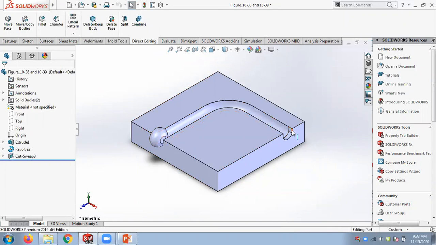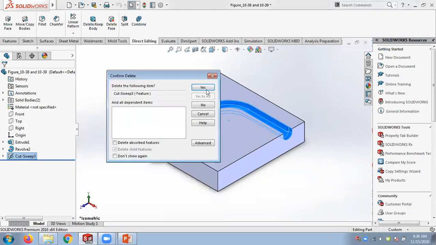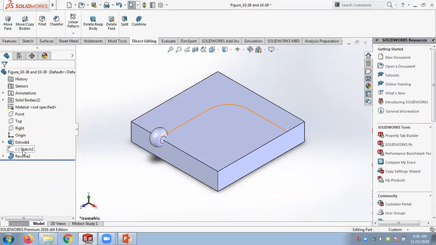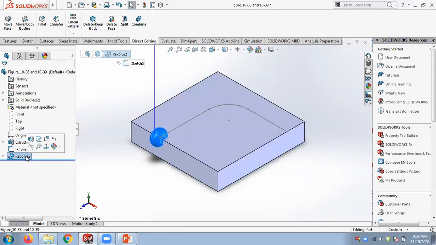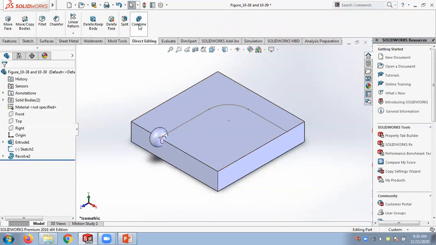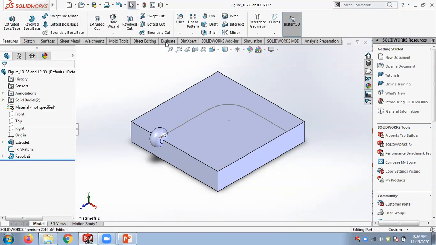So this may be the sweep cut. They have applied the cut sweep and we'll delete that. So this is the situation right now. So I can unhide this part. So this is the situation. So you have the extruded cuboid, you have the revolve tool, and you have a sketch path. So I have this body and I can use this body to cut the path. So without using the Boolean operations, we can directly use swept cut